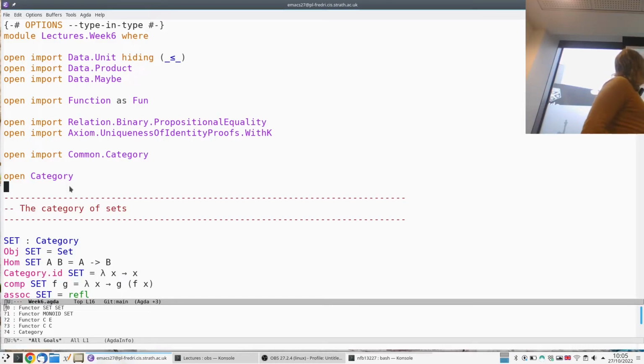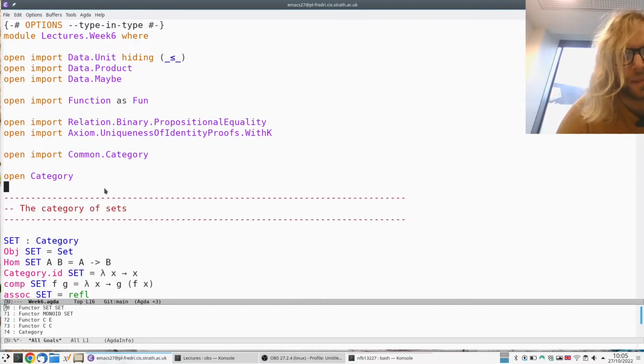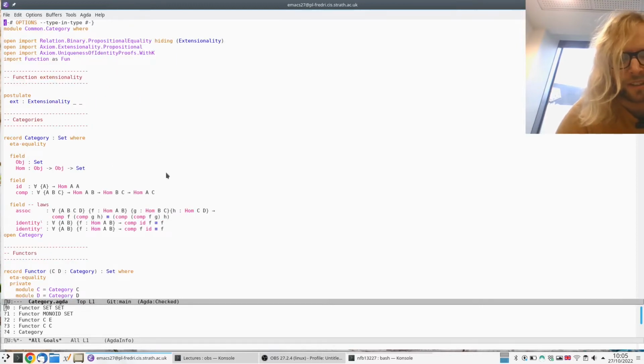Last time we were talking about categories. So today we're going to talk more about categories, but we're going to see how we can use them and talk about functors. So let's maybe just have a very quick recap. So we had this definition of a category,